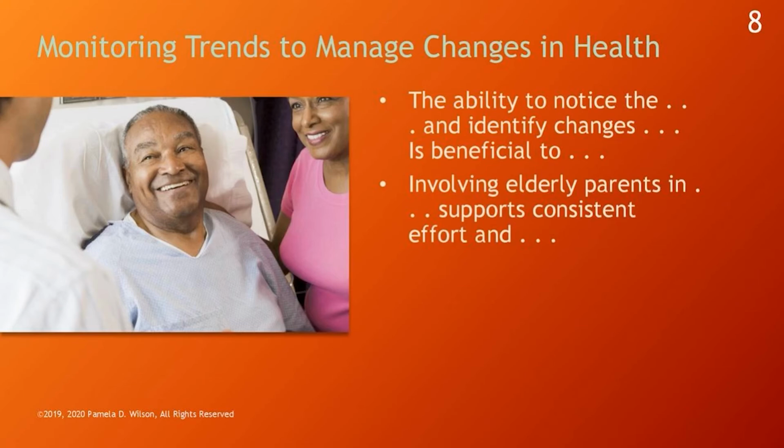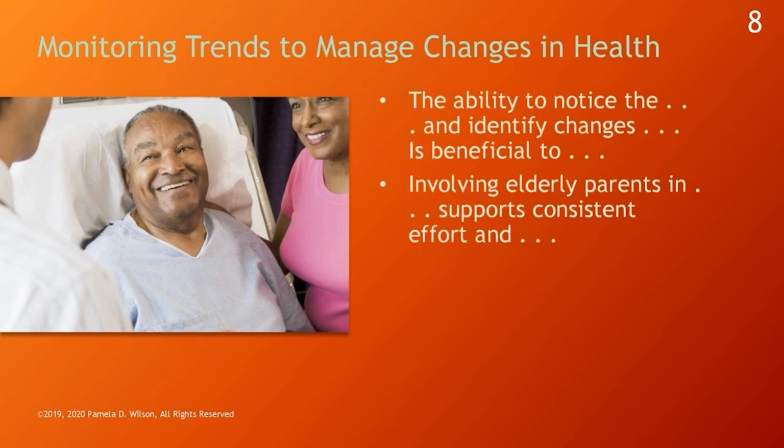I created lists, we had spreadsheets, we tracked weight, blood pressure, blood sugar, oxygen levels, temperature, food intake, fluid intake, how much people drank every day, daily exercise, the time they got up, the time they went to bed, the time they napped. Changes in any one of these measures, if your parent has a lot of chronic conditions, helps you be proactive to contact the physician, to ask questions, to ask for instructions.